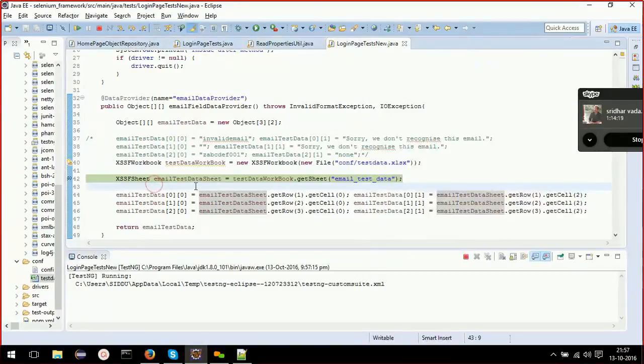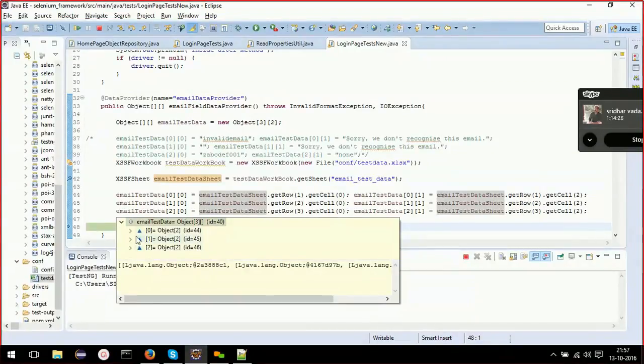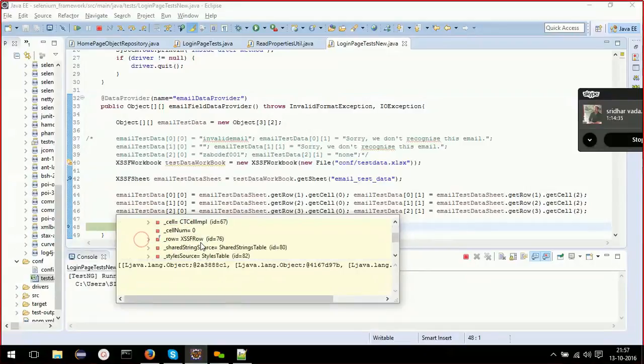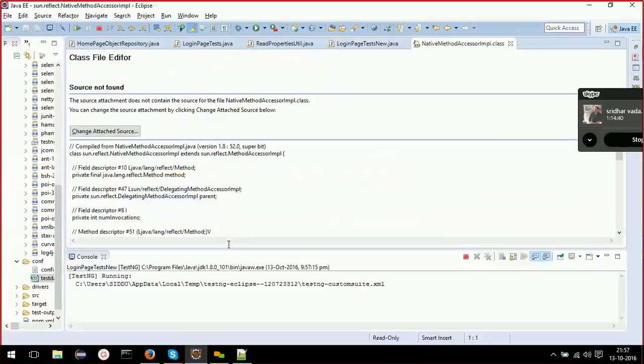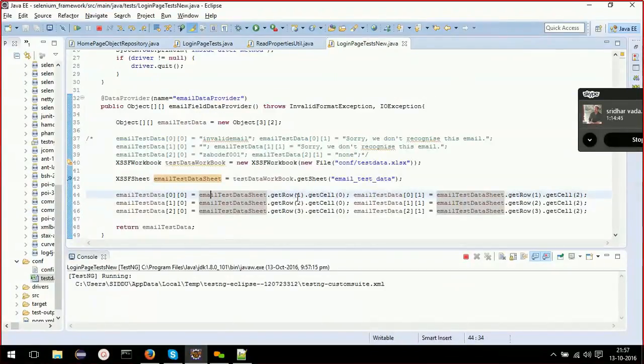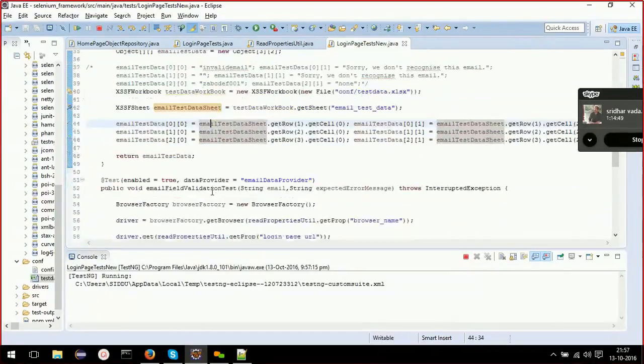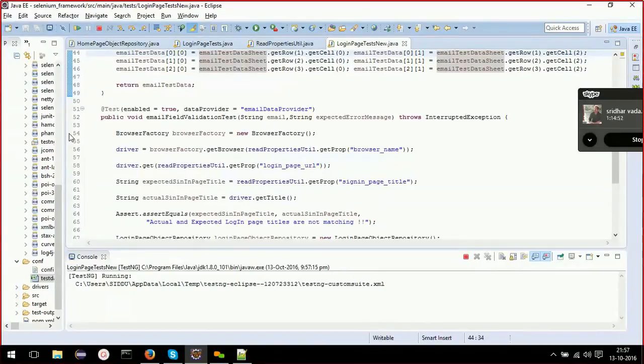So email data has all the values, right? It has 3 rows.